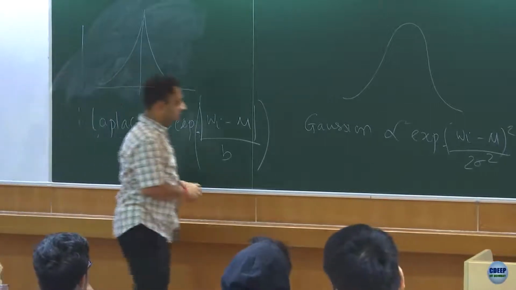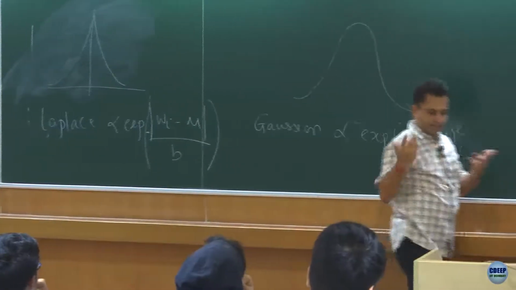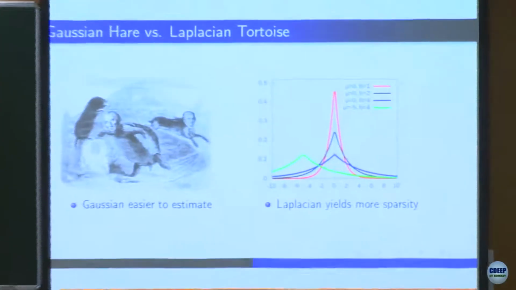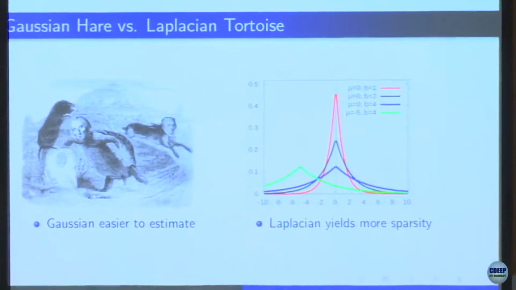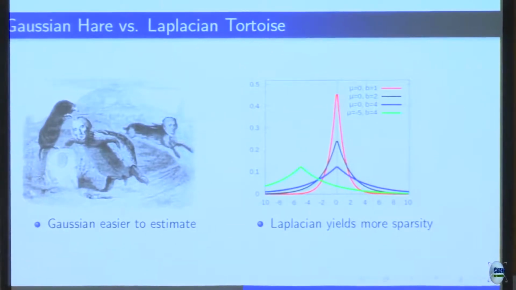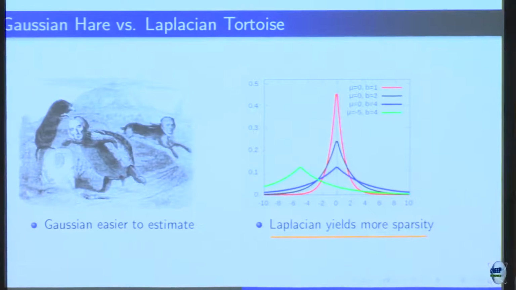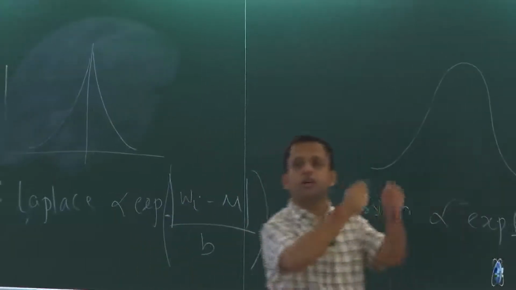So as I said, it will not be differentiable at 0. Okay, so here's the plot. The Laplace prior yields more sparsity even as per the Bayesian interpretation. So that's why Lasso is sparse. Okay, so the sparse solutions. I mean basically the probability peaks at this point. So the tendency for some W's to go to 0,